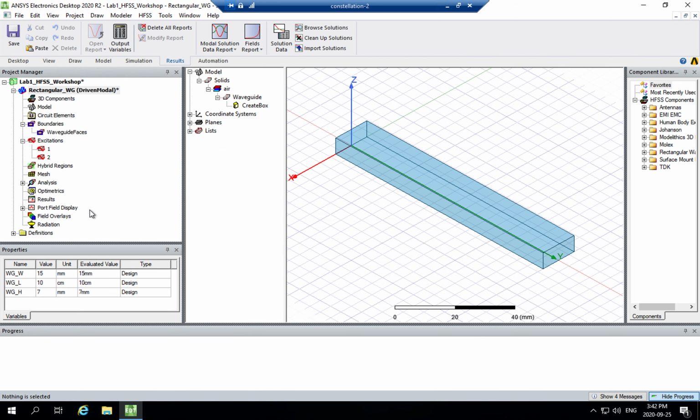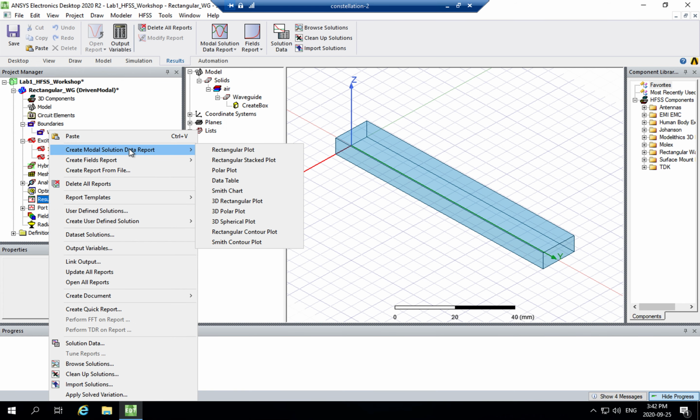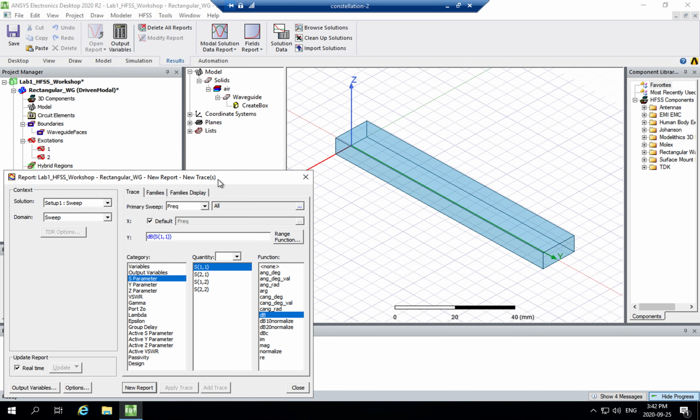Now let's look at some results. The results will be here. If you right-click on results, create modal solution data report. There's a number of ways you can view the results. You guys are familiar with the Smith chart. You can look at the reflection on the Smith chart. You can put it in a table or a polar plot. But let's say we want to use a rectangular plot for this demo. So if you click on rectangular plot,